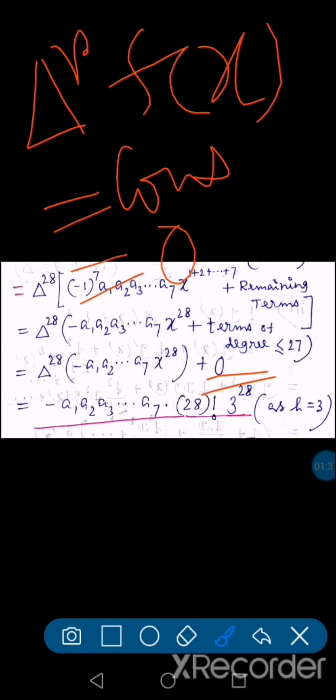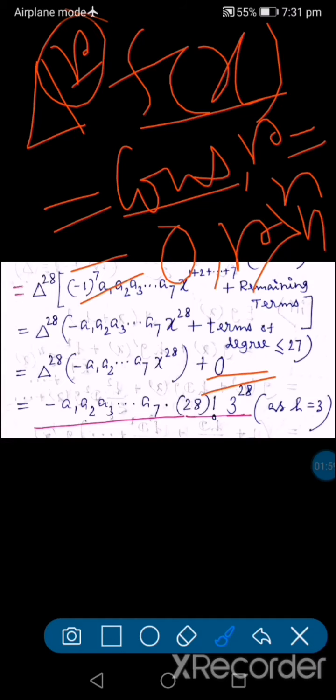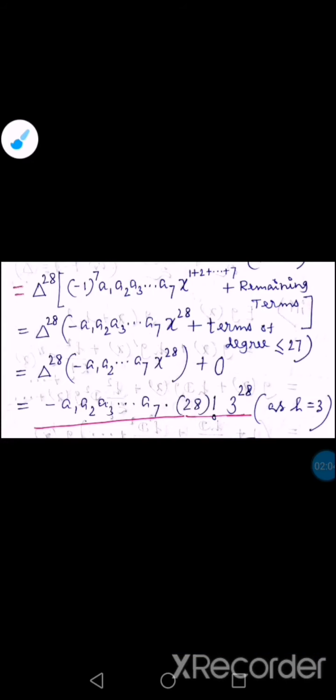this is equal to either a constant or 0. It is constant when r equals n, and if r is greater than n, then this is 0. So if the order and degree of f(x) are the same, it gives a constant, and if the order is higher, it becomes 0. Accordingly, we have